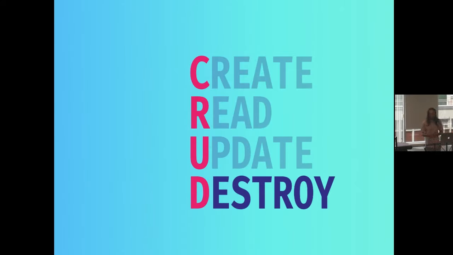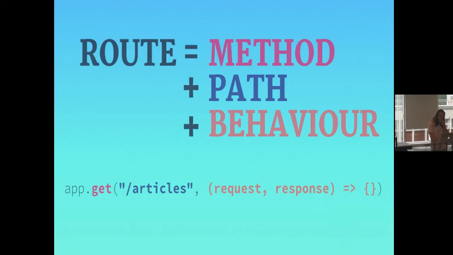And then destroy, this is the removal of a resource. And in the case of reading a specific resource, updating a resource, or destroying a resource, we need to know the ID of that resource to perform that operation. I need to know which resource I want to remove before I can ask the server to remove it. So that unique identifier is really important for those types of operations. Cool? Okay.